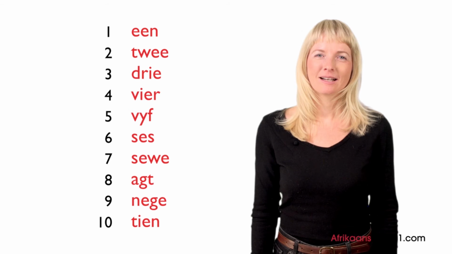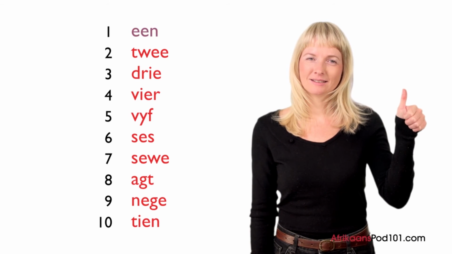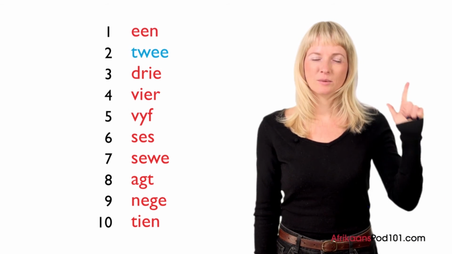In the last lesson, we learned some phrases used when apologizing in Afrikaans, including ek is jammer and sorry. In this lesson, we are going to learn numbers in Afrikaans. Yes, numbers, nommers. And you are going to learn them in only 3 minutes. 3 minute. Are you ready? Let's start. Een, twee,